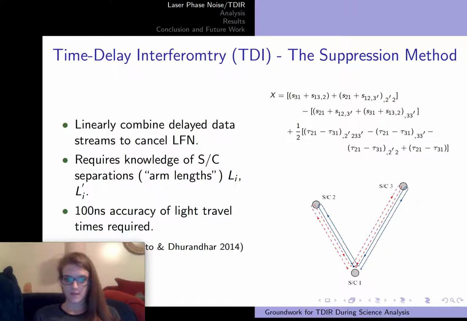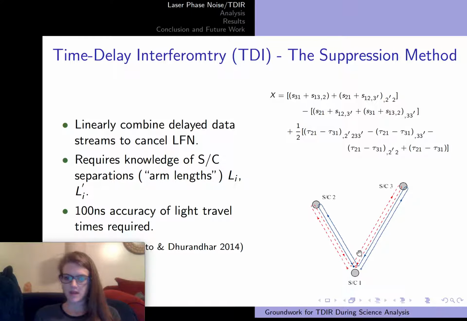So if laser phase noise is the only noise in the data, you should end up with X equals 0. So X corresponds to one of the channels, spacecraft 1, and this diagram kind of shows what TDI is